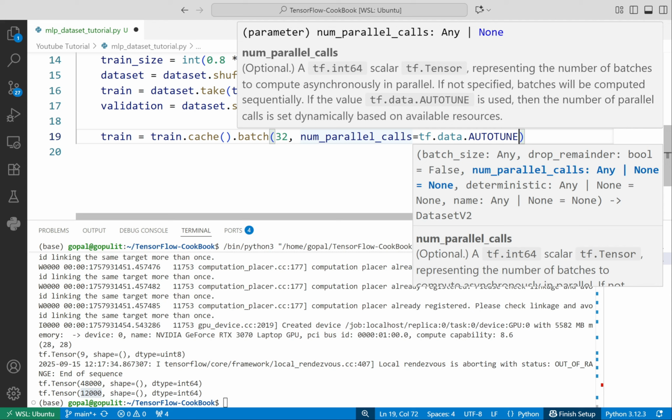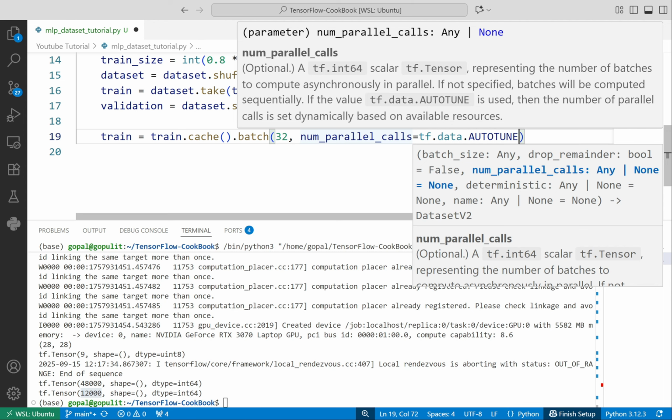So I take the first 32 elements and create a batch, I take the second 32 elements and create a batch, sequentially. But if you provide num_parallel_calls, it will create the batches in parallel, asynchronously. And that is fine in this operation. Why? Because batching simply means taking a number of elements, and every element is mutually exclusive with each other, so there is no problem here.